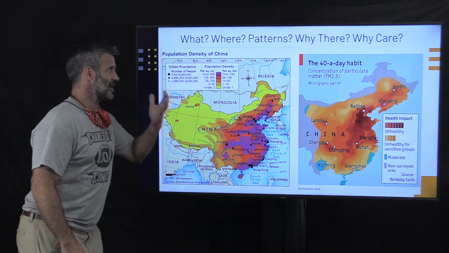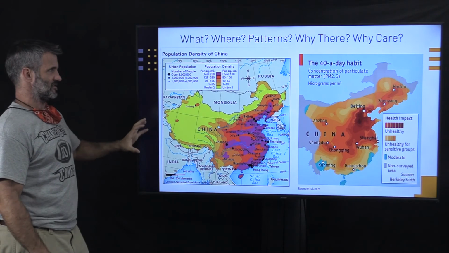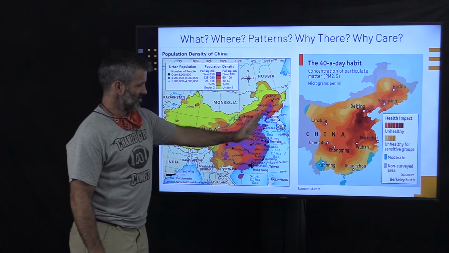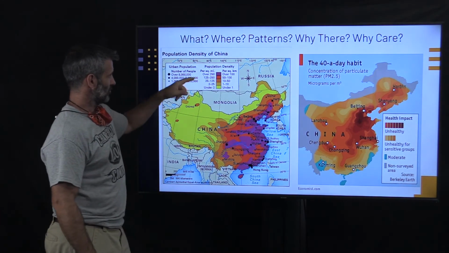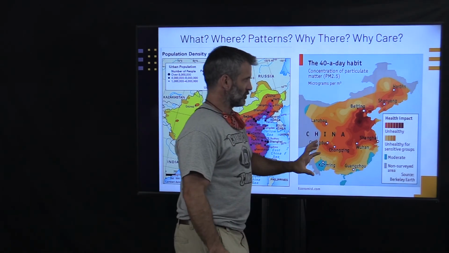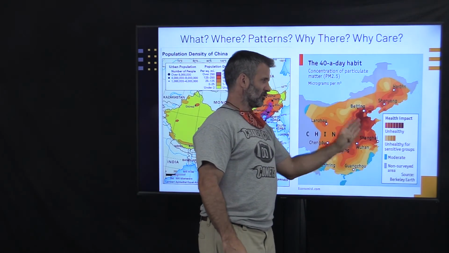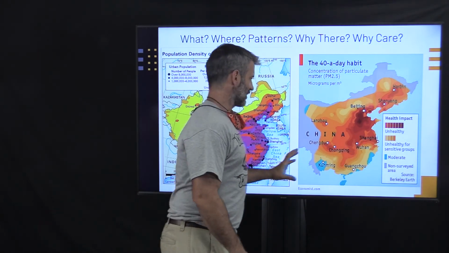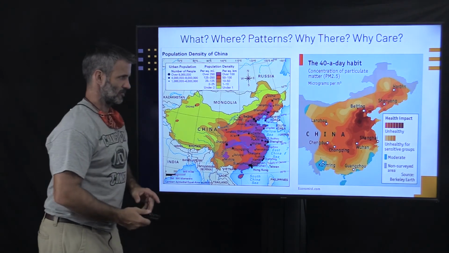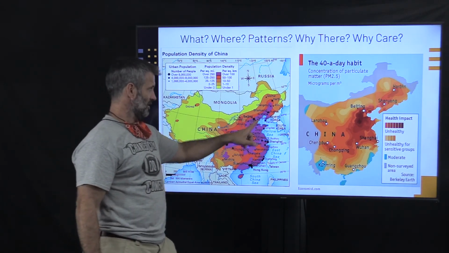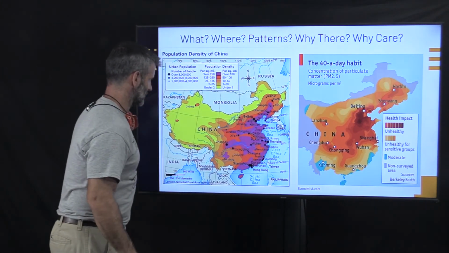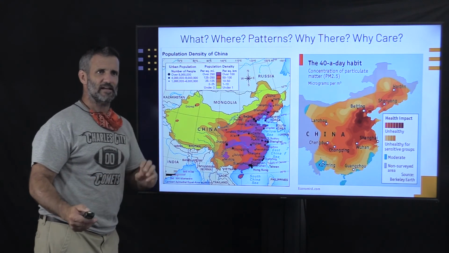Population density. Here's how we can look at patterns and then overlay them with different stuff. Population density of China, the purple being some of the highest that they have. Then we add in pollution in China. See how there are similarities between the amount of population and the amount of pollution. You can actually see this bit that comes out here, and almost right there too, but it shrinks down a little bit.